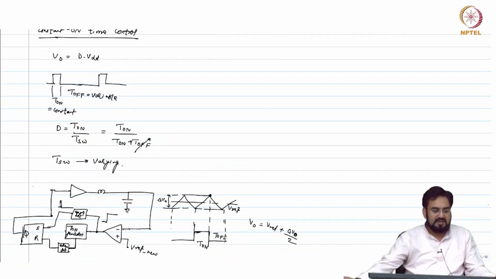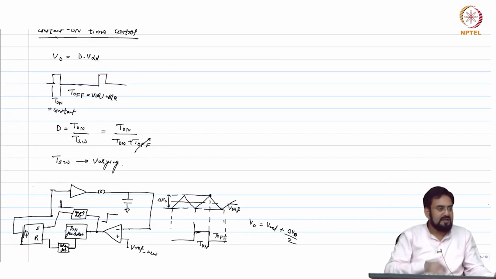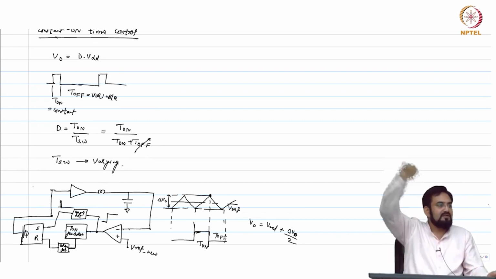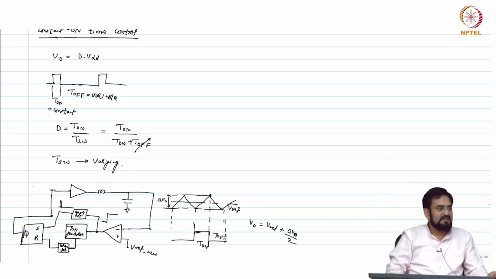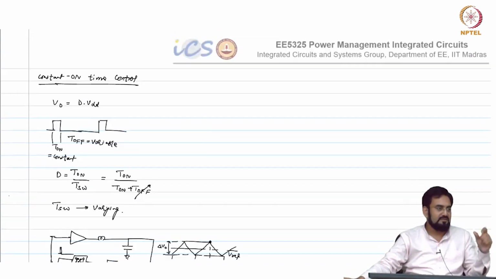So if your inductor current tries to rise, then your comparator input will try to change, and then it will just reset the duty cycle again. It will not allow the inductor to rise all the way where it wants to. In a way, you are limiting the inductor current by limiting it within that window.